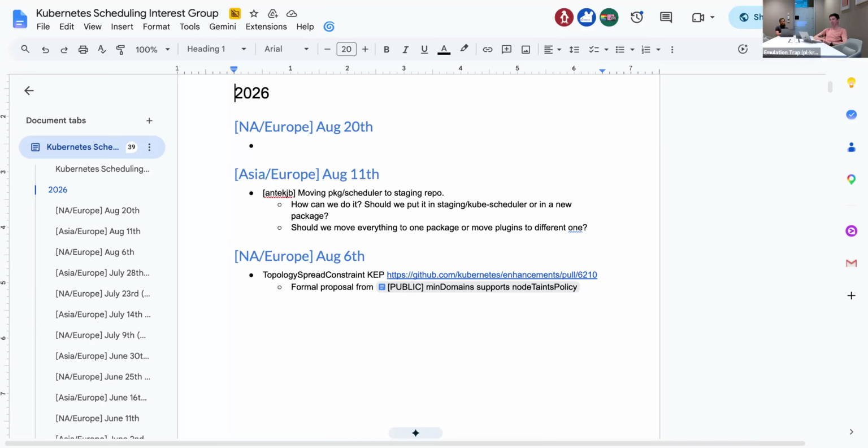Yeah, so in my personal opinion, I don't think we should have two places where we store the kube scheduler code. Probably having all in one place would be enough. Like the only use case of splitting is when someone defines out of tree plugins and wants to avoid importing that much code, but kube scheduler won't have, I think, that many imports compared to the whole KK, right? So I think it should be fine.